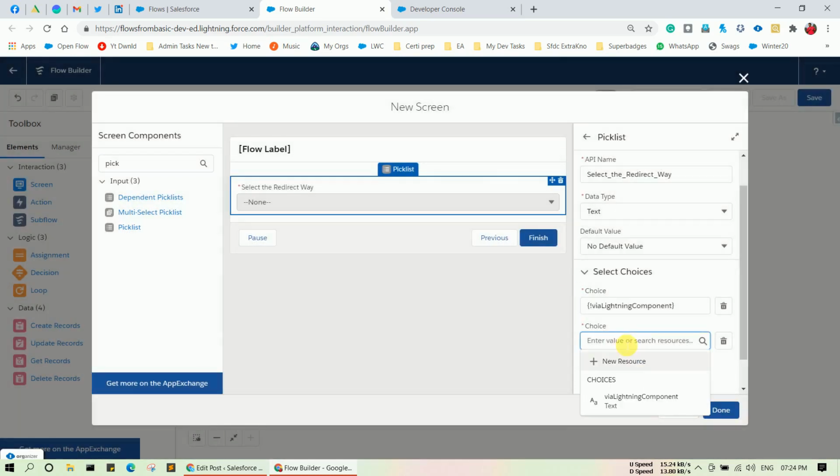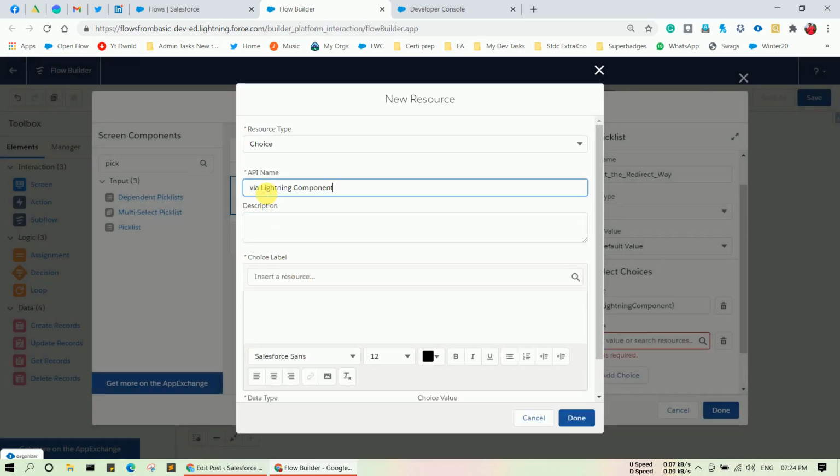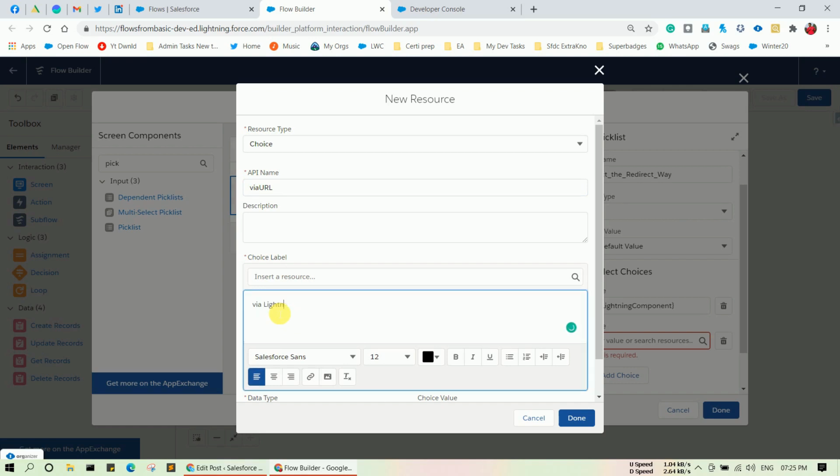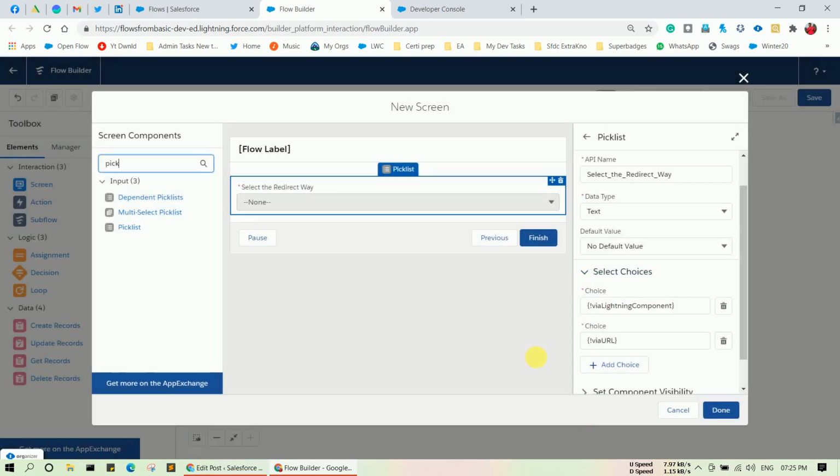In the same way, you have to create another choice, which is via URL slash display text. Now I simply select the data type, which is text, and click done. As you can see, I have a selection option: via Lightning component or via URL.